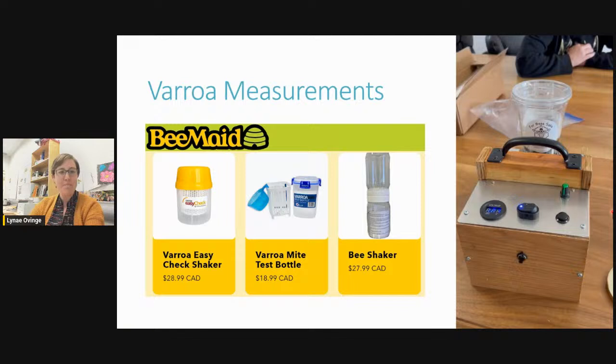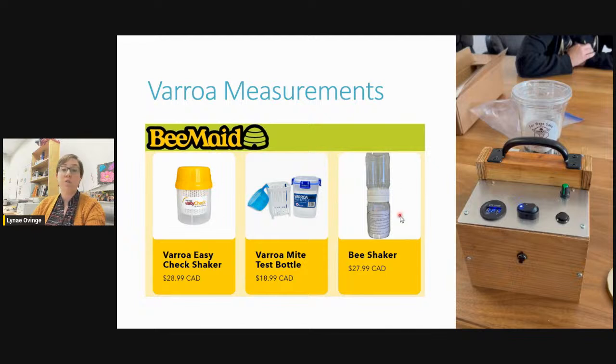into Varroa measurements. So if you're wanting to measure Varroa, this is our old standby. We all got one of these, I would think. It was the first thing we had to monitor Varroa mites easily, right? And it works great for monitoring, it lets you know if you have a problem or not. I don't find it's great for research because the liquid kind of strains through here and the bees sit up here. We get a lot of mites stuck in the bees up here. So your mite counts can be super variable and you're missing a lot of mites when you use this one.